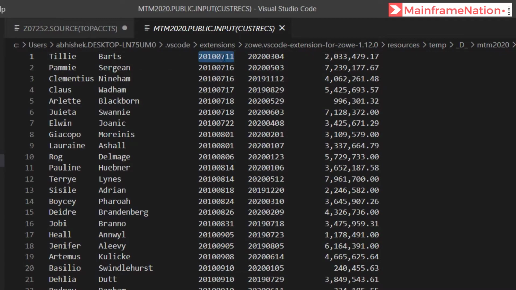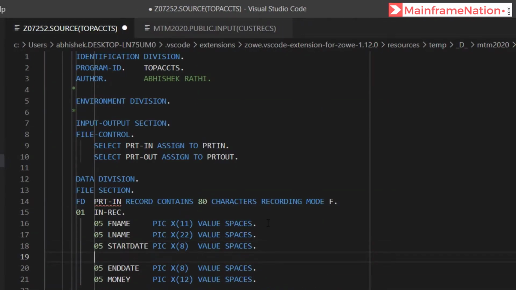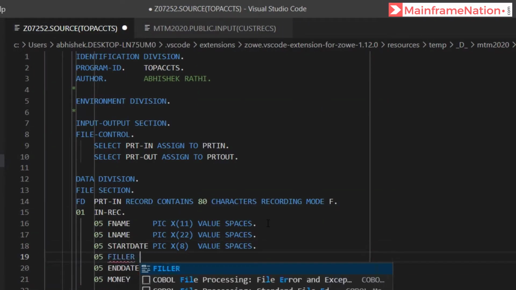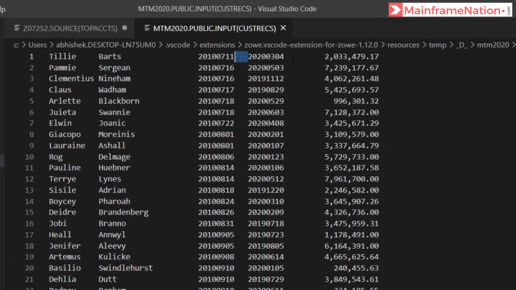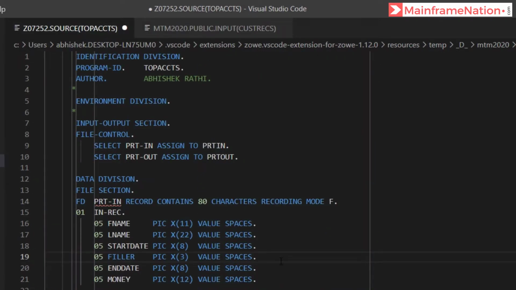Also between start date and end date, you will see there are some characters. These are 3 characters. So let us give here filler PIC X of 3. Value is spaces. Same way between end date and money. This is end date and this is money. There are some characters. If we count them, these are 9 digits.